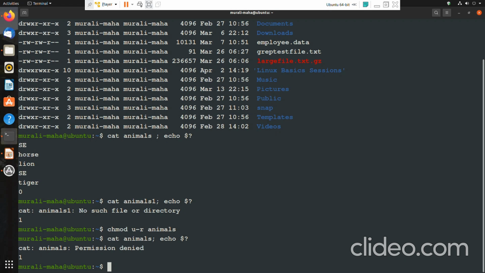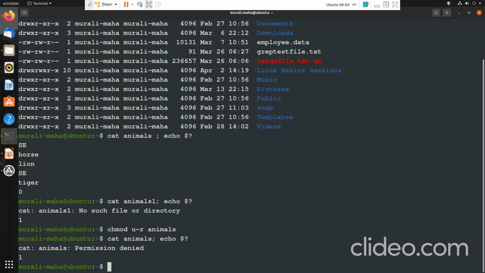Always in any scenario where cat is unable to open the file, either because the file doesn't exist or because it doesn't have the read permission, it returns the value 1. That is stored in the dollar question mark variable. So this is with regard to the exit status of the command. Whatever is true with cat is true with any other command also.